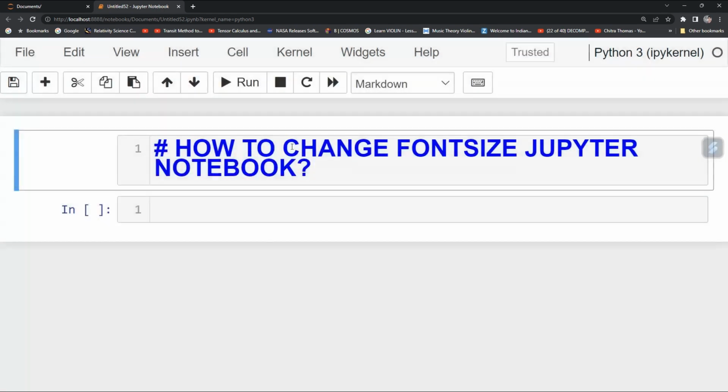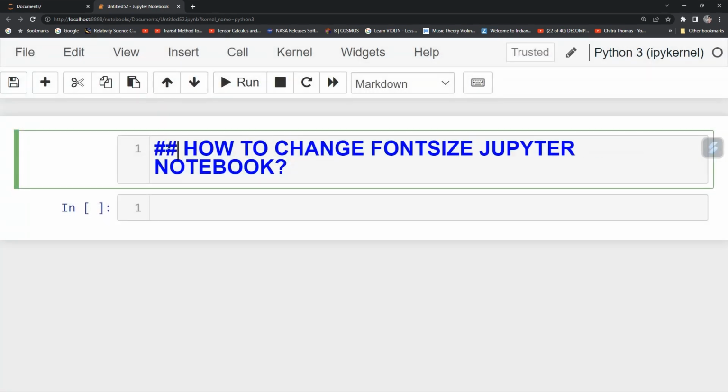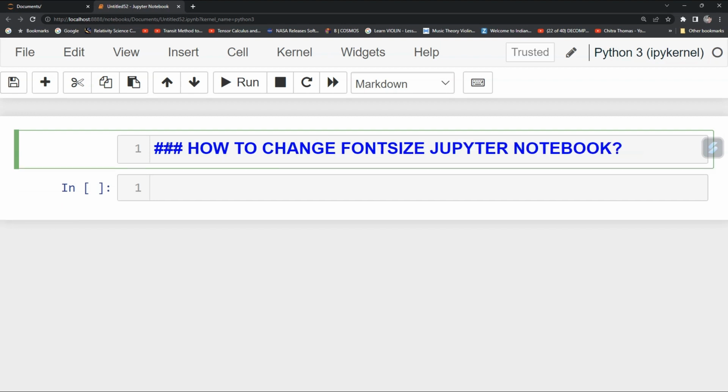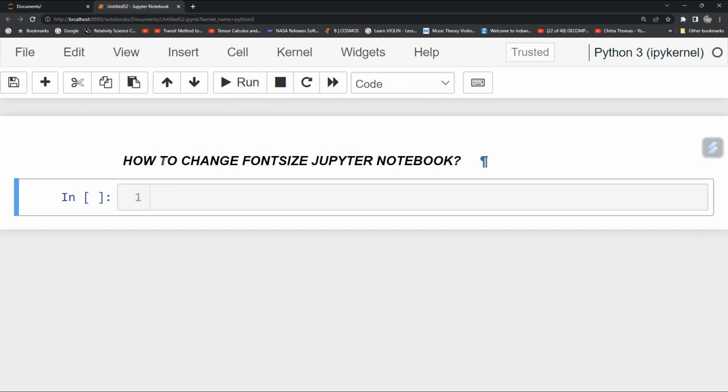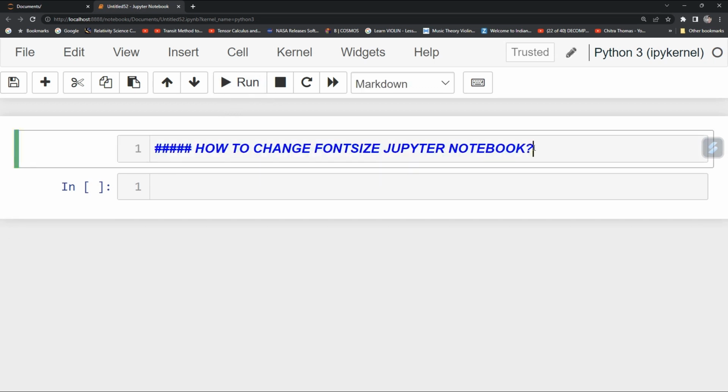and add one more hash. See, its font size is decreasing. Okay, so this way you can do it. Add one more and it will decrease. The font size, and also its font style, has been changed. So this way,